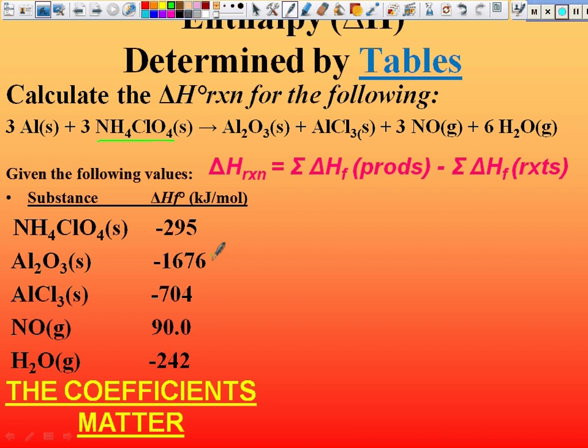Okay, so we've got all these things going on, and this is a cheated version, but they give you all the substances. So here's the first thing I want to do. If you have space down beside it, or out to the left, or if you're on the iPad, if you want to add a new page, it's in there. I want you to write Hess's law using the formulas, not numbers, using the formulas. I see some blank stares. So we're going to write delta H naught of the reaction is equal to the sum of the delta H of